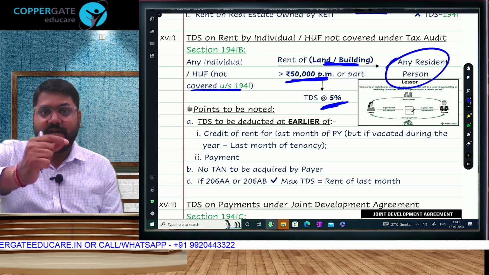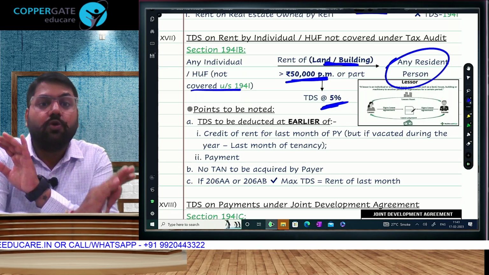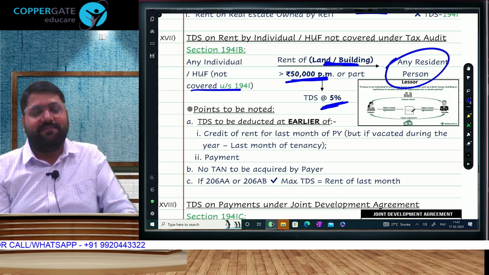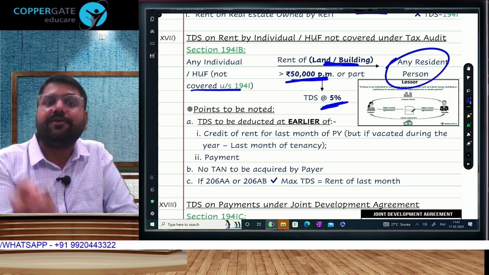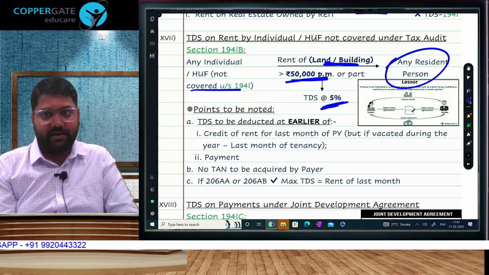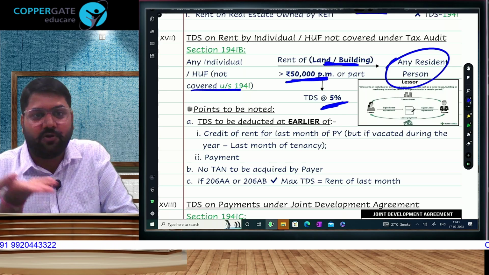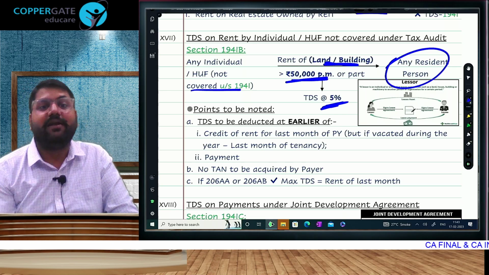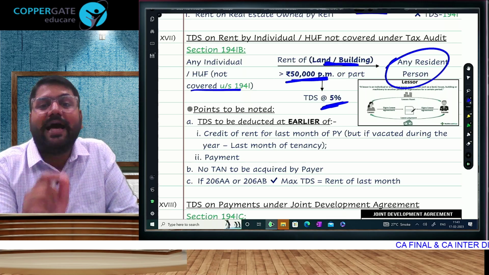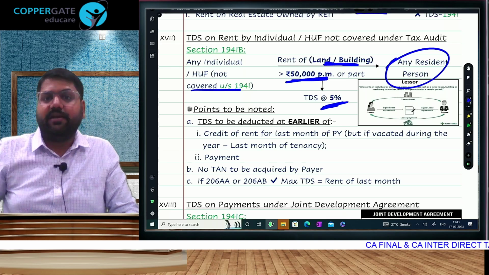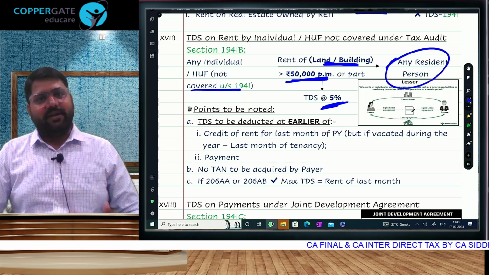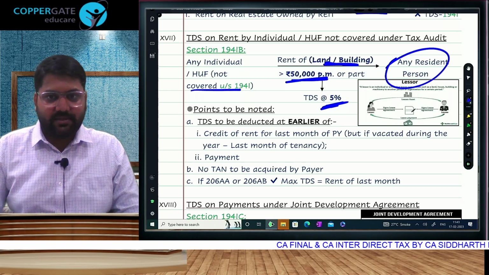But supposingly you are making monthly 1 lakh, so April to February no TDS. March ke 1 lakh mein se you deduct full 12 lakh ka TDS. Full year TDS from last month ka rent. And obviously if you vacate before March, so that month. Supposingly you vacate the property in December, so December ka rent. Full year TDS from last month ka rent. And of course, if you are making annual payment in advance, so that only works as your last month.